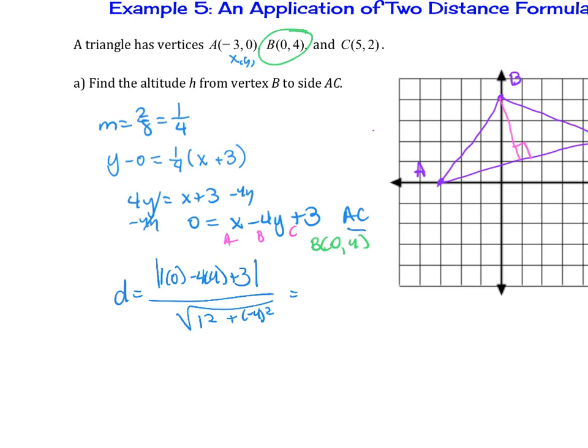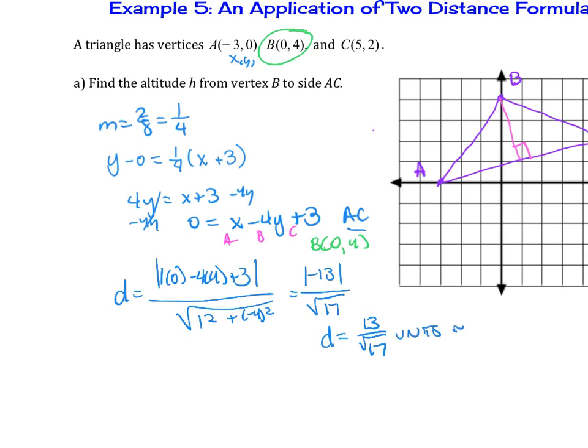So this is going to be -16 plus 3, which is the absolute value of -13, over the square root of 16 plus 1, that is square root of 17. So that distance, that altitude,